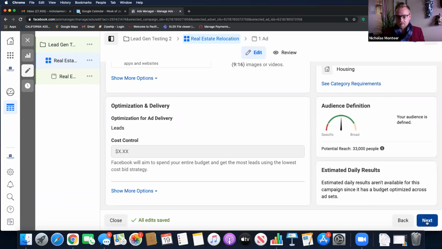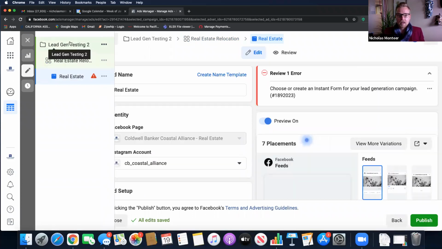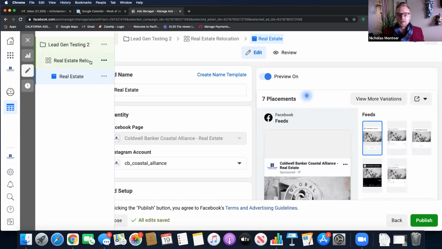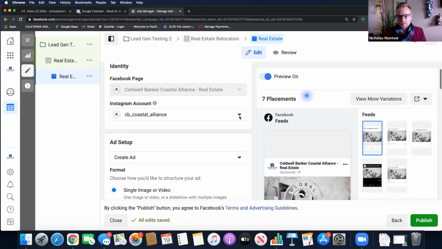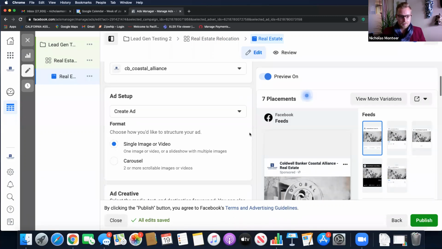Okay. We're going to move on. We're going to hit next in the bottom corner. And now we're on our last thing. Remember the very first page, we got basically our initial foundation. The second one, we got to at least choose where it's going, who it's targeting, and where it's going to be placed. The last step, the 3 out of the 1, 2, 3, is the creative part. This is where you actually get to build the ad. And this is where, if you want to connect your Instagram account, you can. You don't have to choose Instagram. You don't have to use Instagram at all if you don't want to.